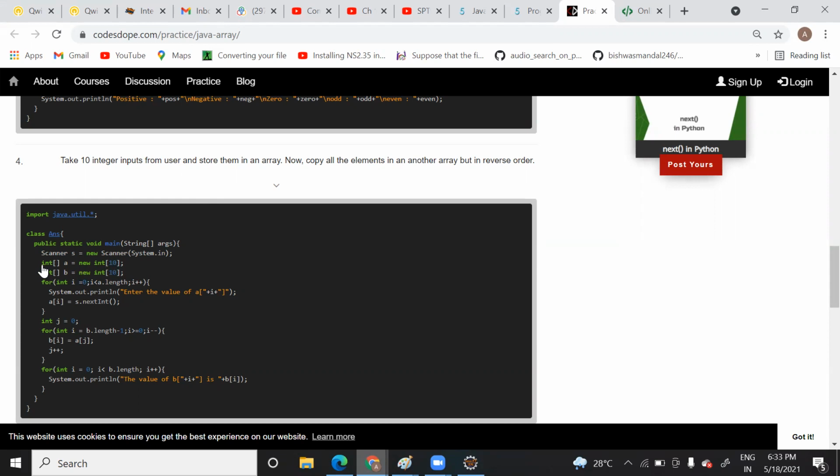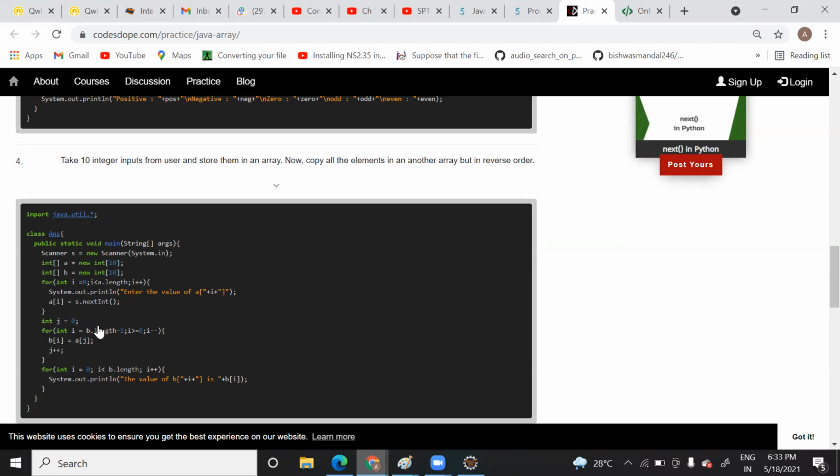What you are going to do is read an array with this syntax. For reading an array, you will use one for loop, with the syntax i is equal to 0, i less than a dot length. So you will read in the correct order only, from start to end. But while printing, you will just change the logic. Instead of printing in the same way, you will write i is equal to b dot length minus 1, i greater than or equal to 0, i minus minus.